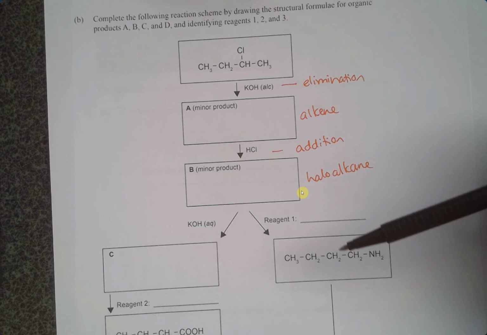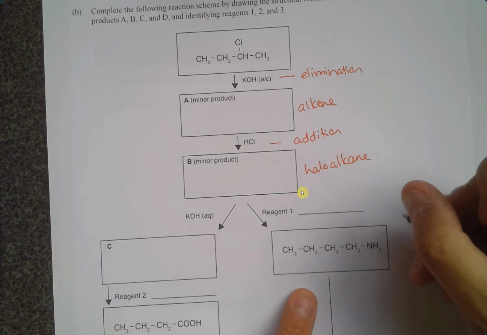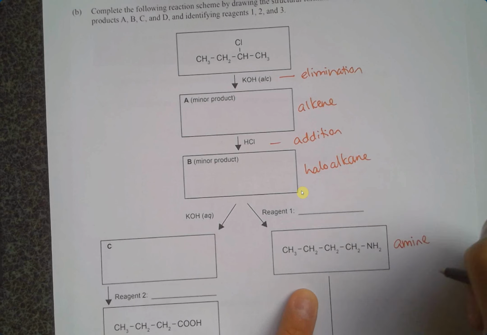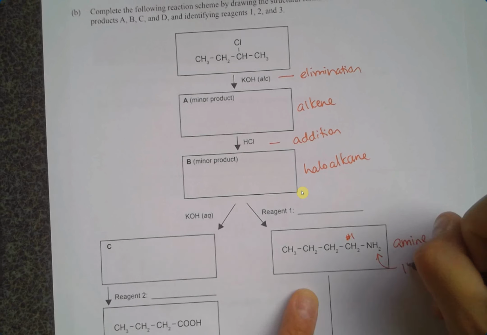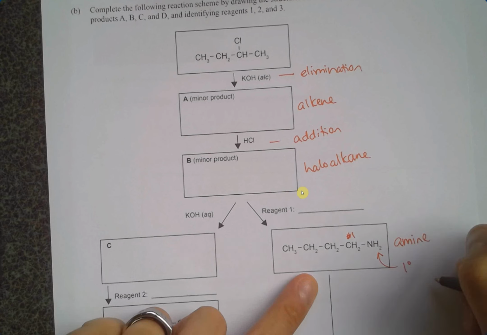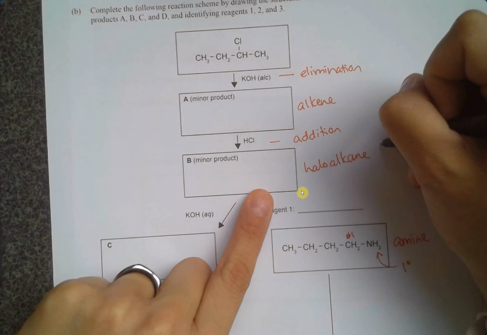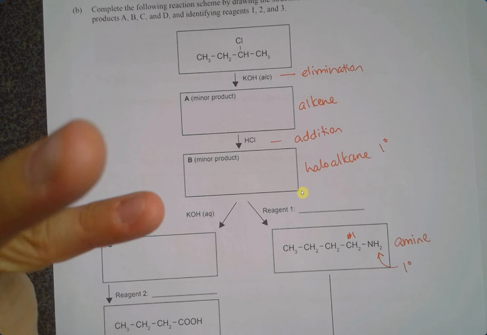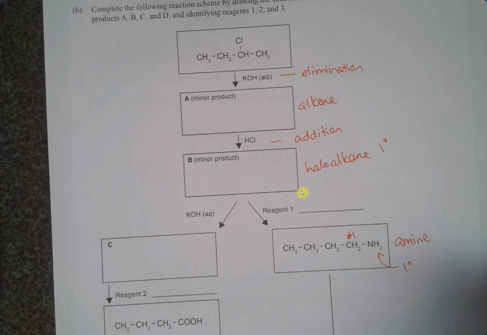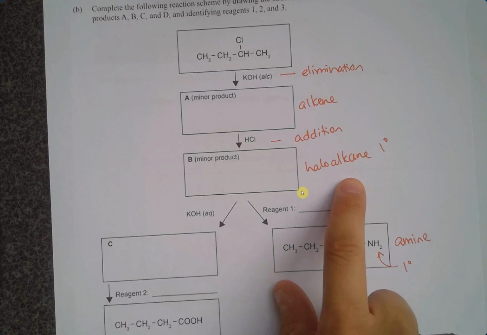Cool. This one to this one, we haven't done amines yet, but that is an amine. And I can see that it's on carbon number 1, and so that one's a primary one. So what that tells me, going backwards, is that my haloalkane must also be a primary. So like I said, if you aren't sure what you are dealing with, use the rest of the question to help you out. And with this telling me it's a primary haloalkane,